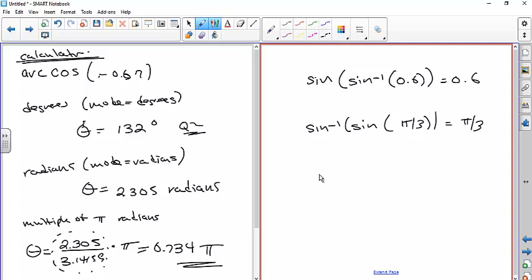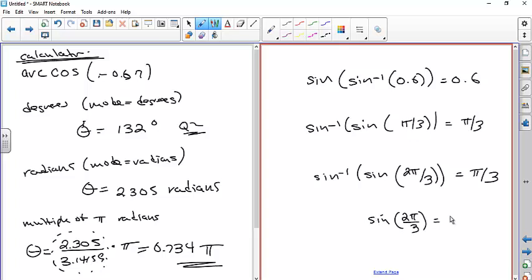Now if I did something like this, if I did the inverse sine of the sine of 2 pi over 3, the answer actually would be pi over 3, which is confusing because you think it should be 2 pi over 3. But remember, if I take the sine of 2 pi over 3, I'll get the square root of 3 over 2, but if I then take the inverse sine of the square root of 3 over 2, I'll get